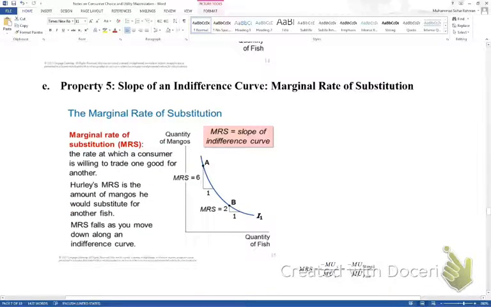The slope of the indifference curve has a name. It's called the marginal rate of substitution. The marginal rate of substitution is the rate at which the consumer is willing to trade one good for another good. So as a rule, the rule is that the marginal rate of substitution is